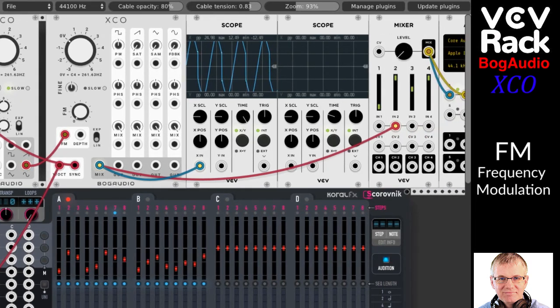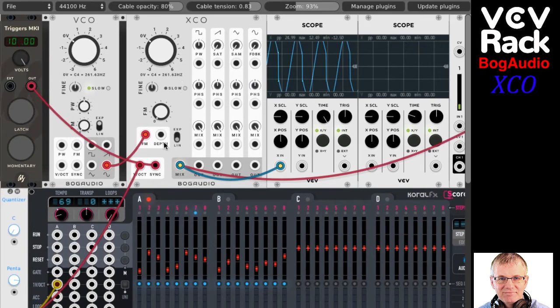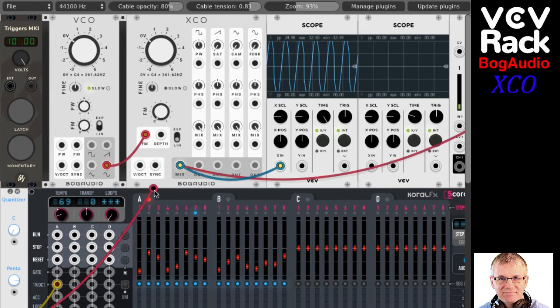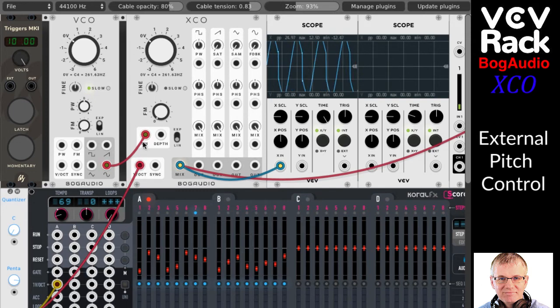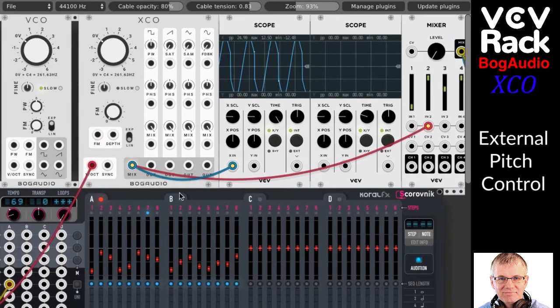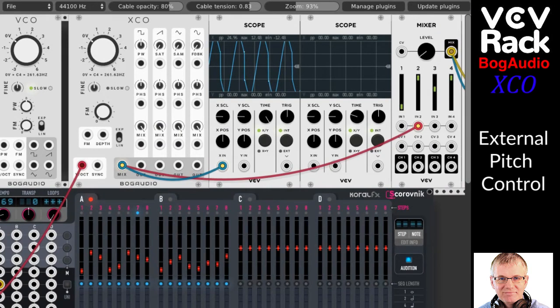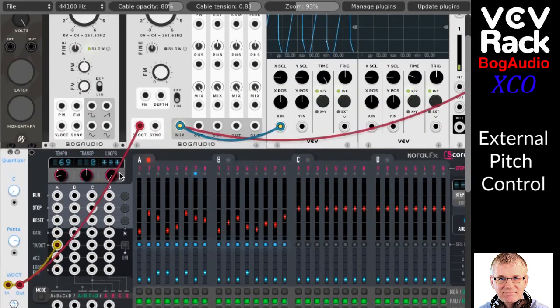Now, down here at the bottom, we have voltage per octave, which we are coming in from. We can use voltage per octave to control the frequency. We use frequency modulation, but we can also use this guy here to control our frequency. I'm using my sequencer in here. I'll just disconnect this guy now. I'm using my sequencer to control the pitch. So if I click run on my sequencer down here,